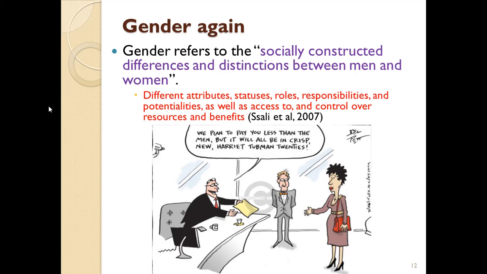So, gender, again: socially constructed differences and distinctions between men and women. We are bringing gender in again here because